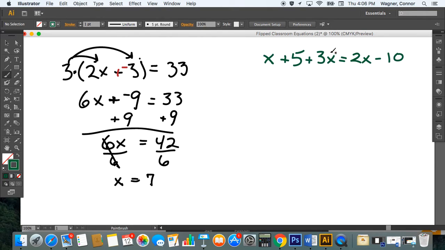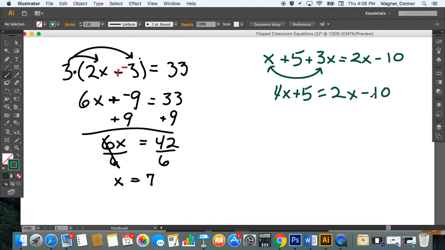one side of the equation. Let's get all of the like terms together. So can we add x and 5 together? No, we can't. Can we add 5 and 3x together? No, we can't, because this 3 has an x with it. But what we can do is we can add in any order that we want. So let's add the x and the 3x together. Let's simplify this side. X plus 3x is 4x. So now we have 4x plus 5. And on the other side, we already have this as 2x